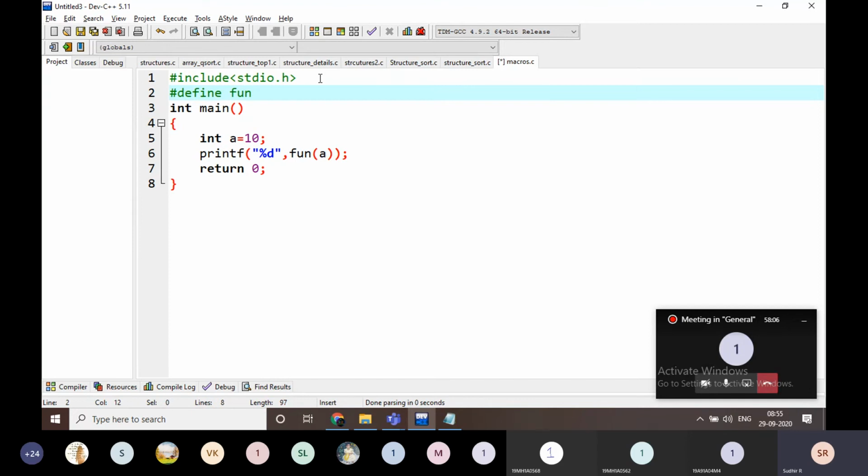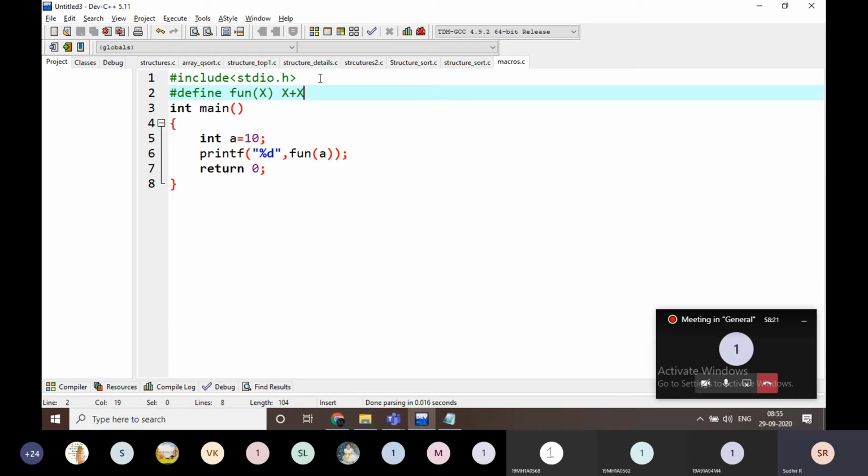For example, if you look at any value like this, fun of x, we are going to replace it.